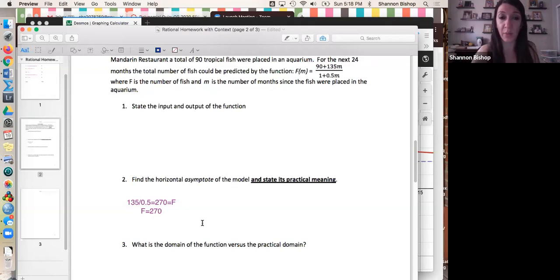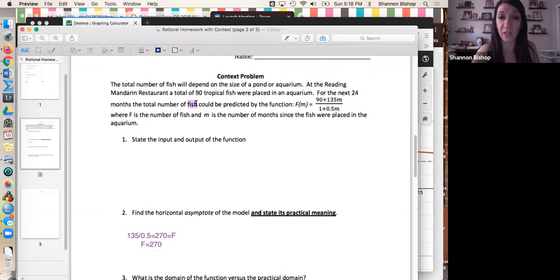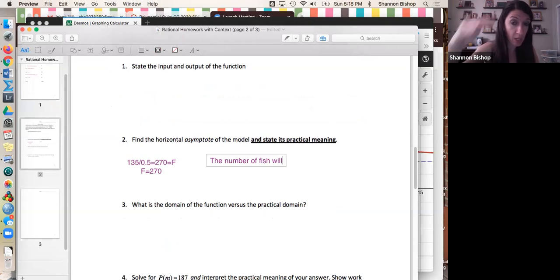We're talking about the letter F, which stands for fish. So when you say that the horizontal asymptote is at F equals 270, what you're saying is that the number of fish will not actually reach 270. Remember, that's the barrier,